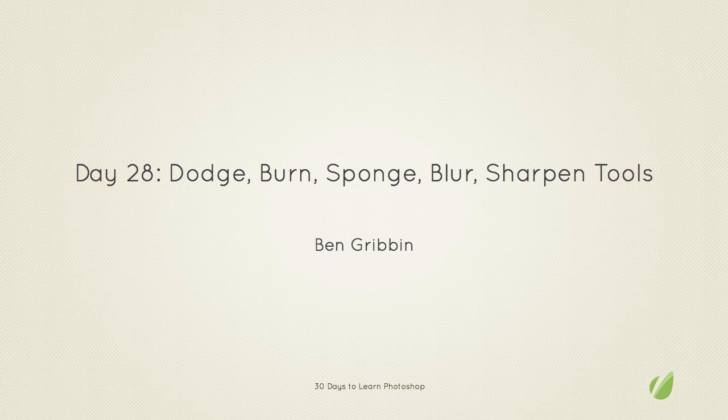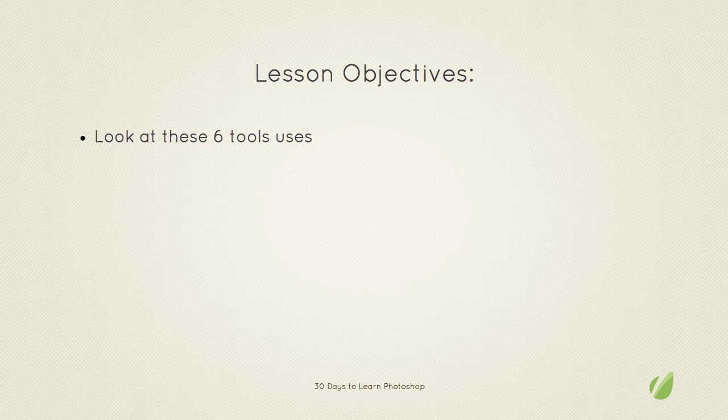Hello and welcome back to day 28 of 30 Days to Learn Photoshop. This is the Dodge, Burn, Sponge, Blur, Sharpen and Smudge tools. My name's Ben Gribbin, and in today's lesson we're going to look at these 6 tools and how they are actually used in Photoshop. So to do that we're going to need to go to Photoshop, and let's start with